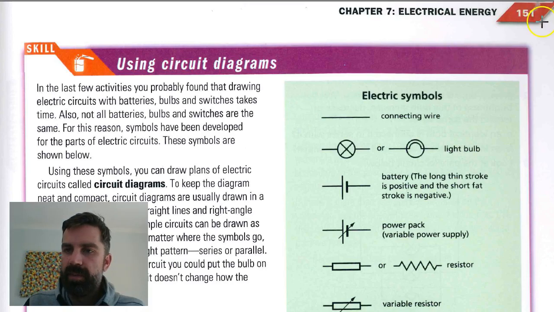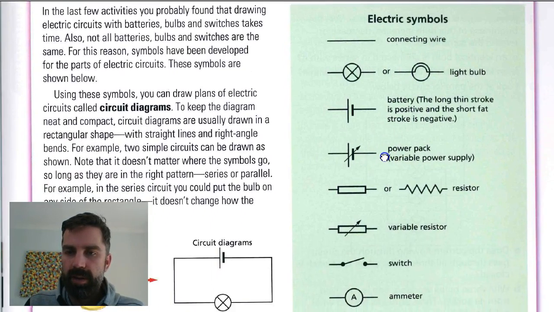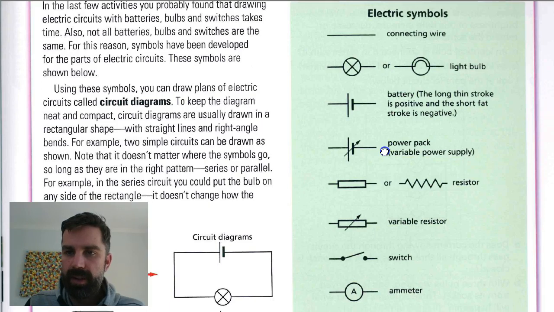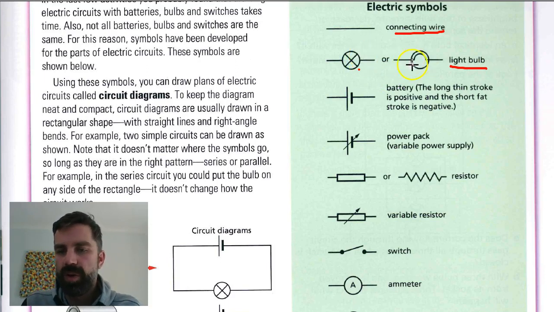So if you have a look at page 151 of the textbook, there are a whole series of electrical symbols that we use for circuits. So first of all, really simple, is a wire. A wire is just a straight line. For a light bulb, there's two options. There's one where we've got a circle with a cross in it, or a circle with this little sort of